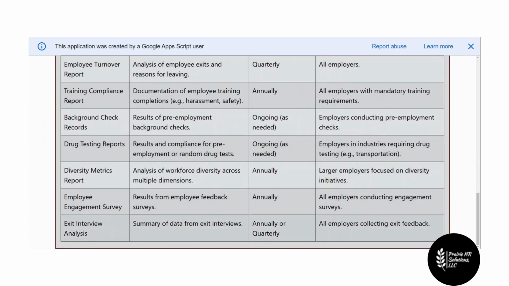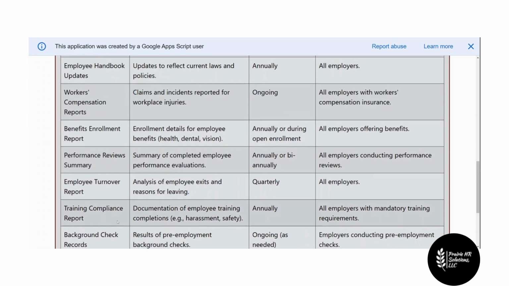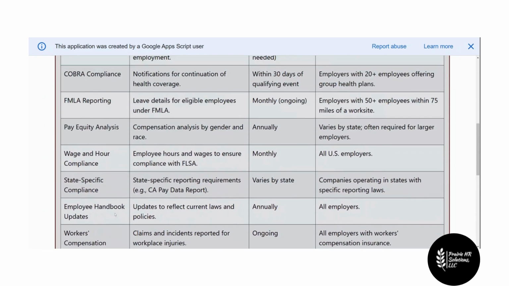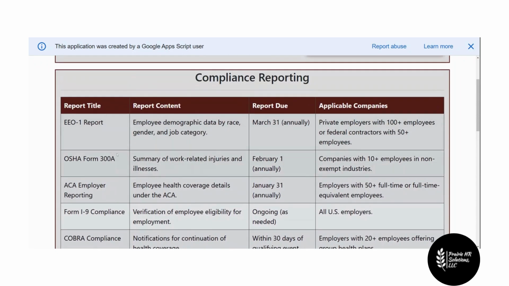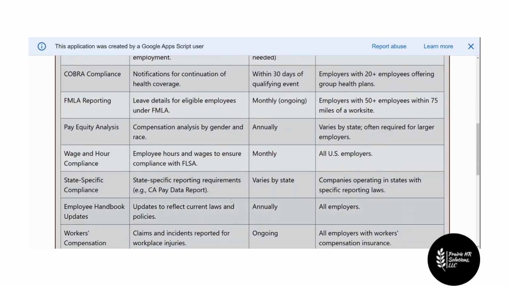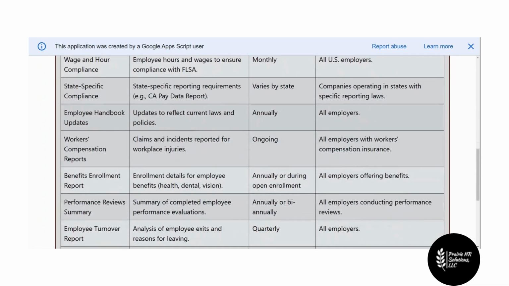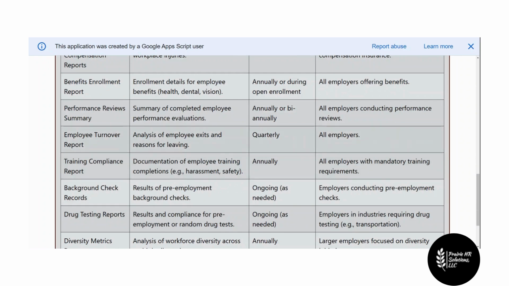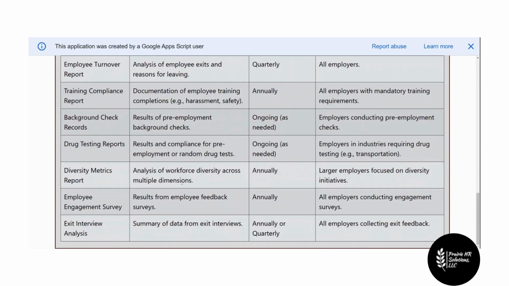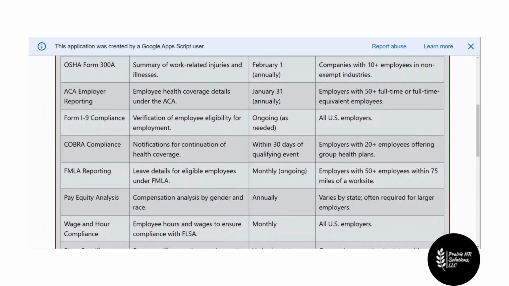So let's go in here and let's add something in here that I don't think I put in here. Nope. Okay, now this is just samples. Now this doesn't pertain to it. There is no blanket compliance reporting really, because it really depends on your industry as well as your state and how many employees you have, and even your own company strategy on when you want to do like an employee turnover report, background checks or whatnot. But let's do one that's called not employee engagement. Let's call it employee